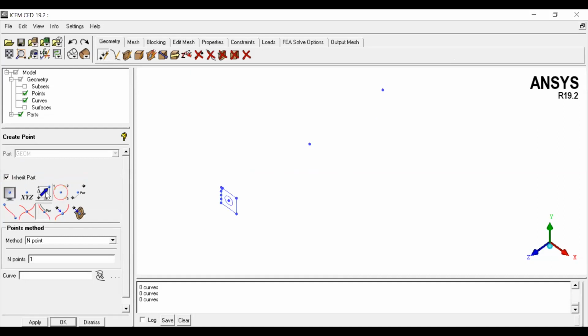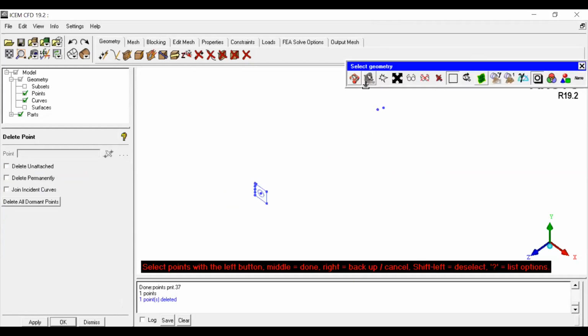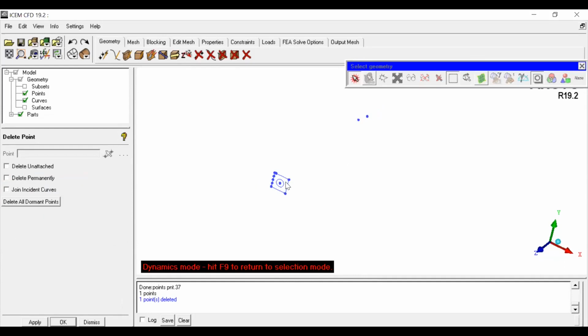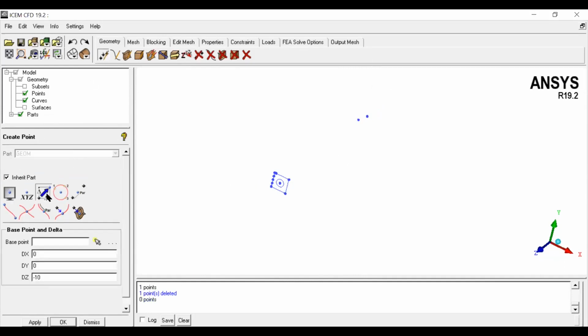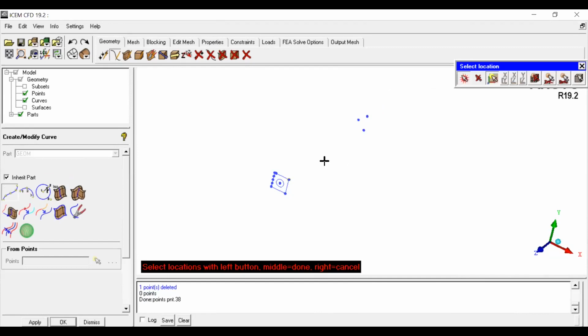To do that, I just want to create one point here. Let me delete this point, no need at all. You can see I have created one point using the base point method. So let me generate two lines.